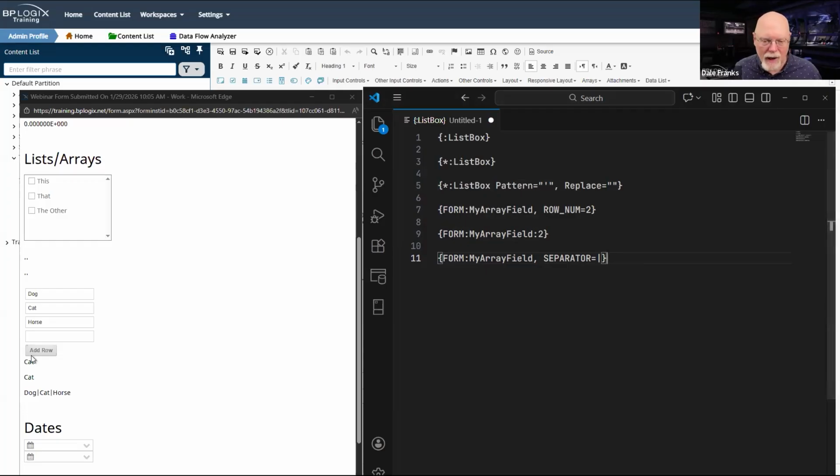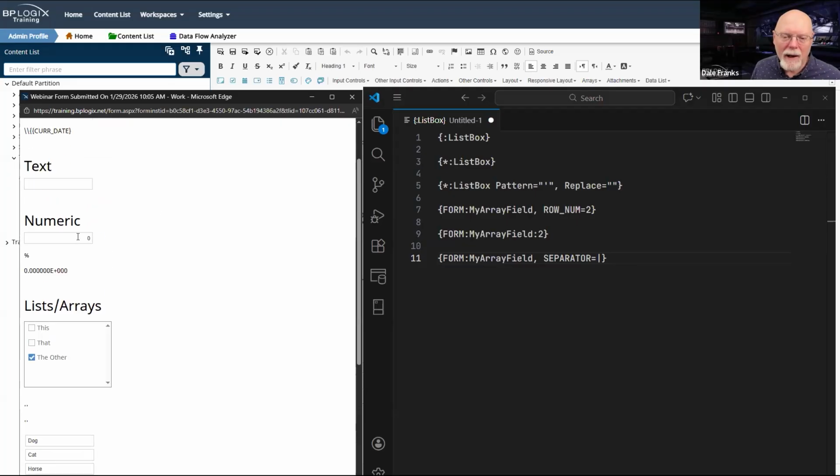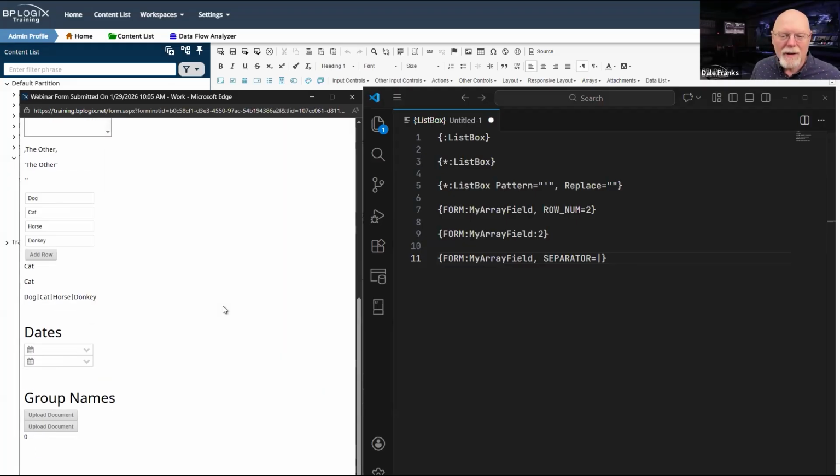In this case, I added 4 rows, but so far my data is dog, cat, horse. I guess I could add another row. Donkey. And I'm going to have to prompt a refresh on the screen just so that everything shows up. And there we go. Now it says cat, cat, dog, cat, horse, donkey.